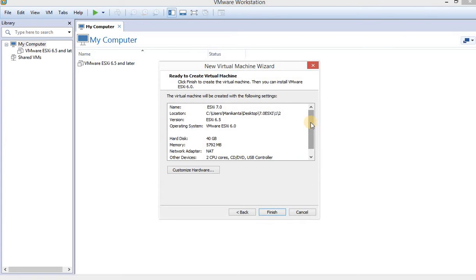This is totally ready to create the virtual machine. Confirm: name ESXi 7.0, location C drive, version 6.5, but I am using the VMware image 7.0, hard disk 40 GB, memory 5 GB of RAM, network NAT, processor 2 CPU cores, and finish.